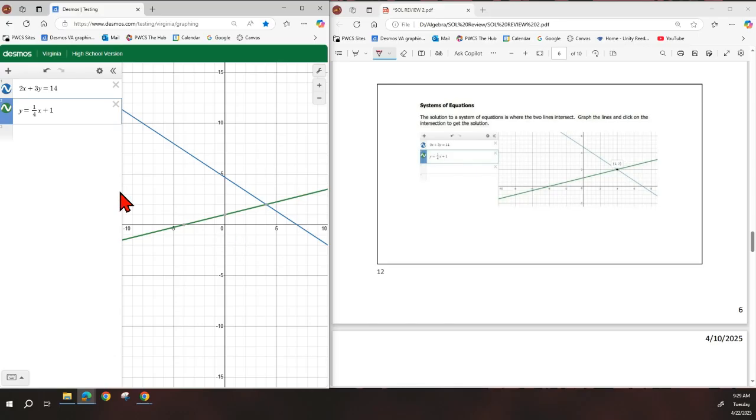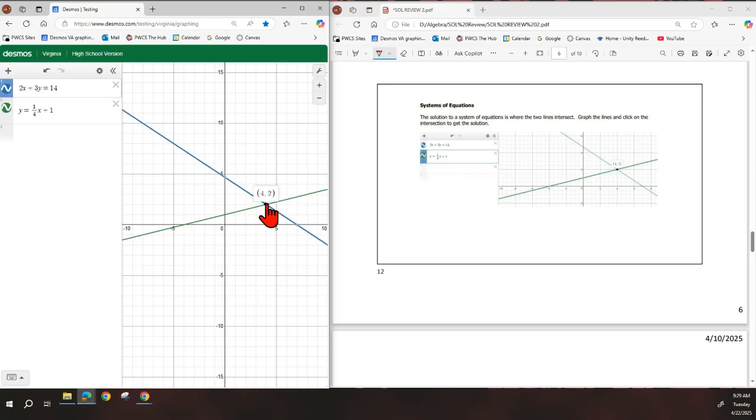There are a lot of intersections happening on this graph. Each of these lines is crossing the y-axis, and you can actually see the y-intercept for the green line. They're both also crossing the x-axis. There's an x-intercept. Those are not the solutions. The solutions are where the blue and green line, or whatever color lines you have, are crossing each other. So whatever the colors are in your Desmos, red or purple or yellow or black,